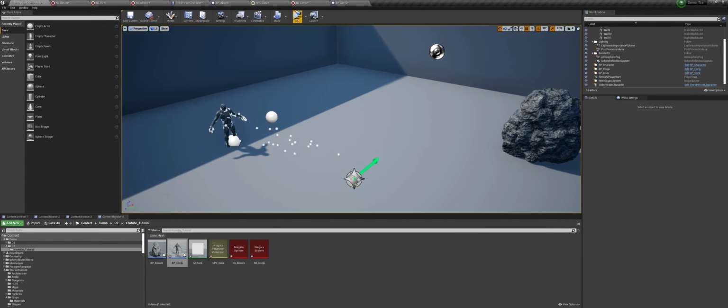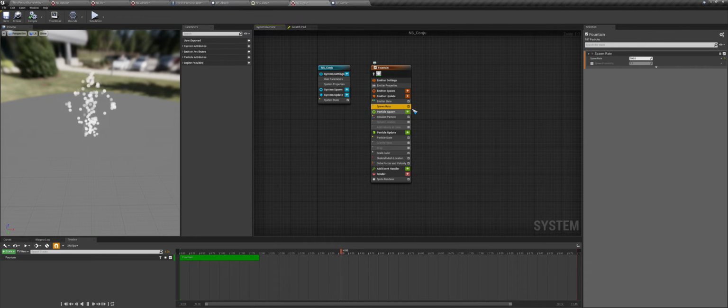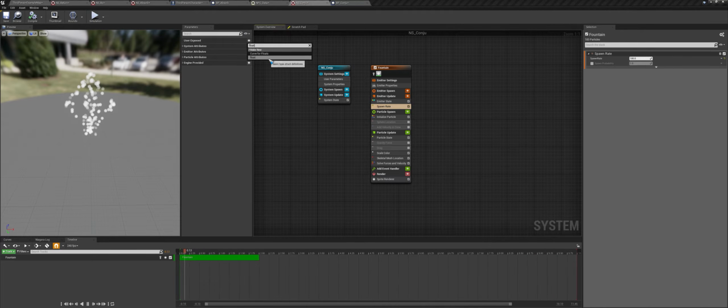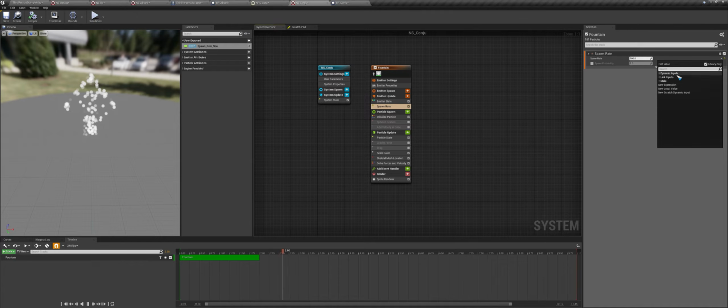So now some of the things we need to control here is the spawn amount. So again, here this is a spawn rate. We can type in float and we can call this spawn rate new, and we can set this to spawn rate new.